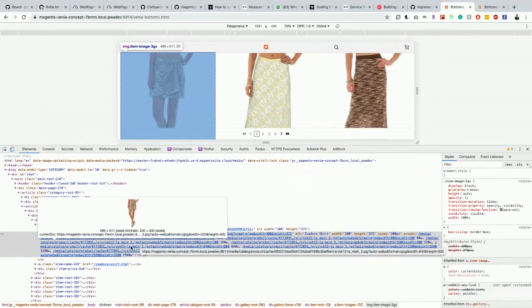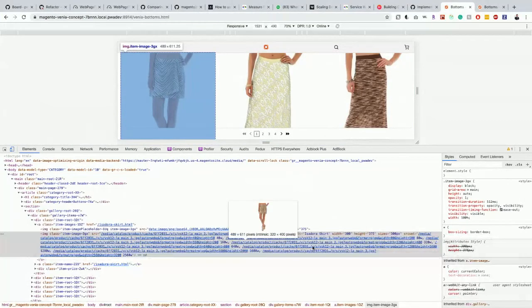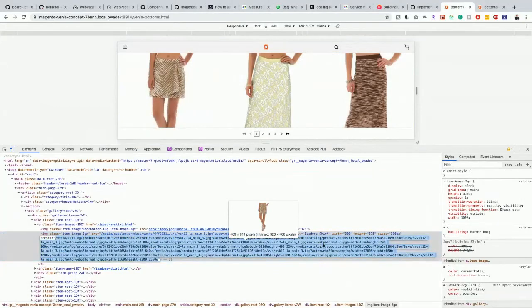But it's downloading an image of 320 pixels. That's because that's actually the closest available one inside the source set. This is the whole source set that we are given.